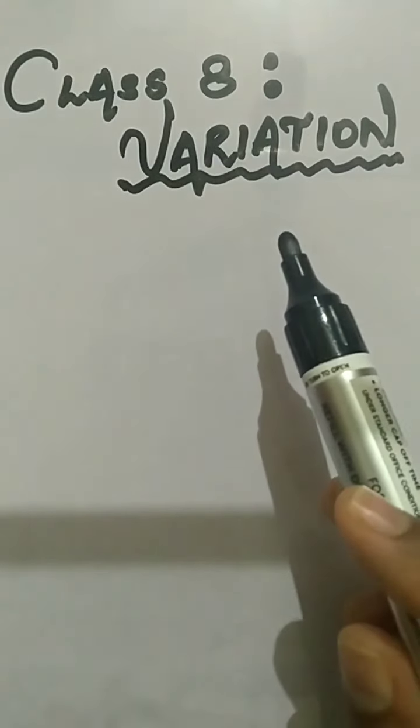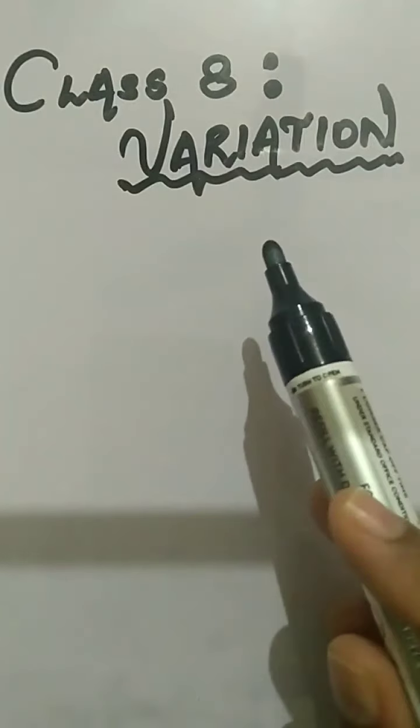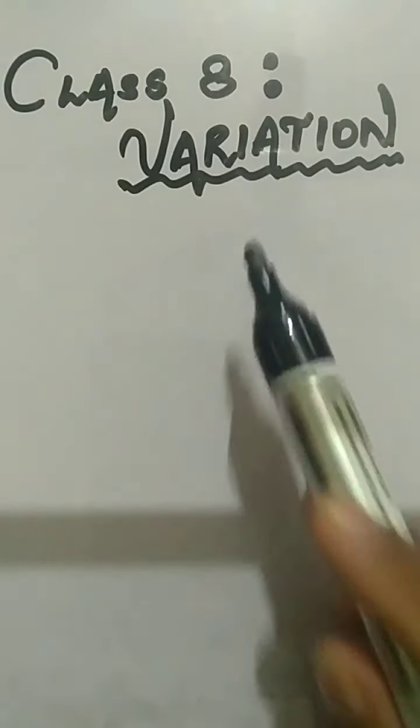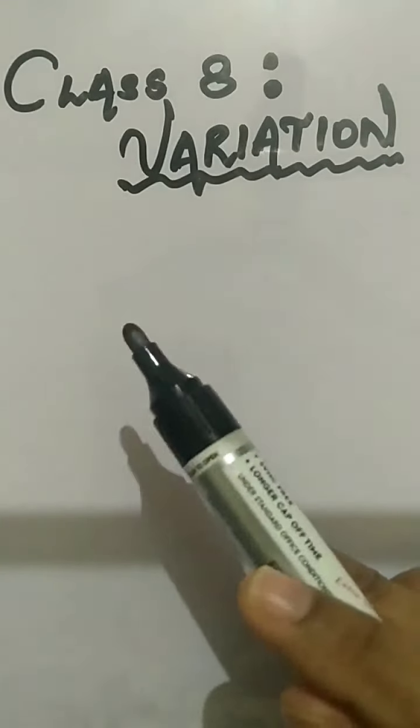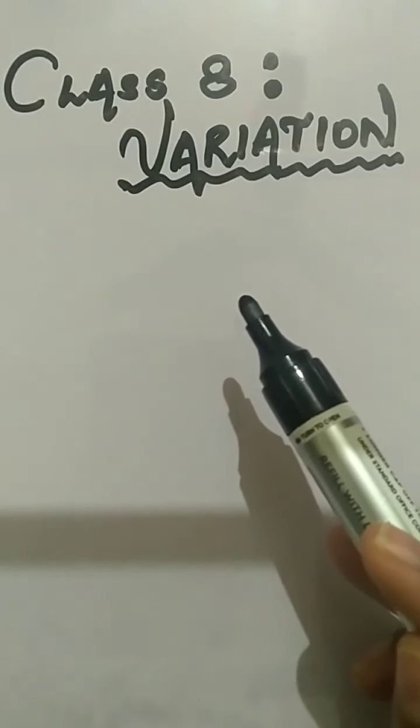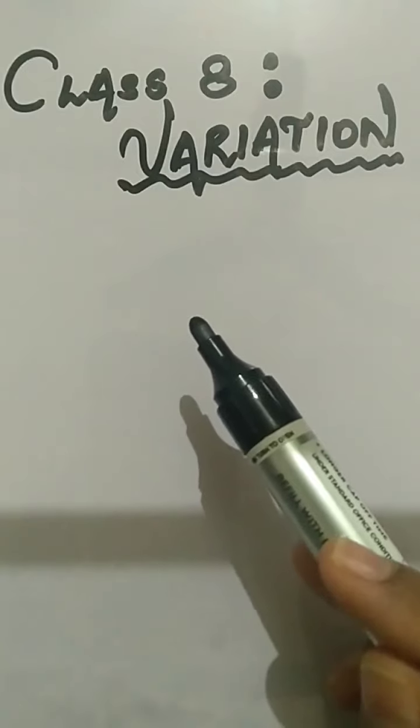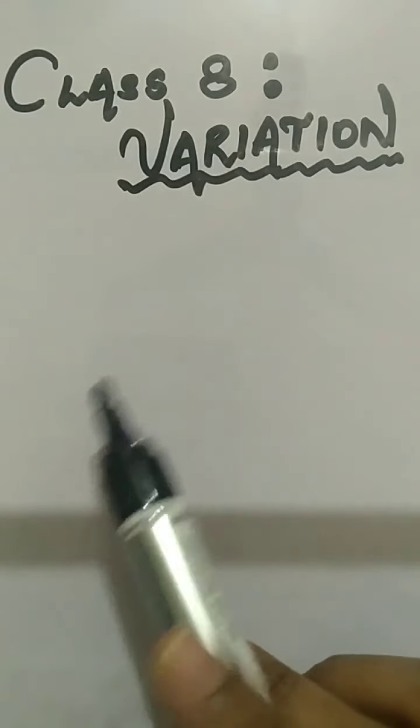And one more thing to remember, in direct variation, we divided both the terms. D for direct, D for division. That way I asked you to remember. So without wasting any time, let's get into